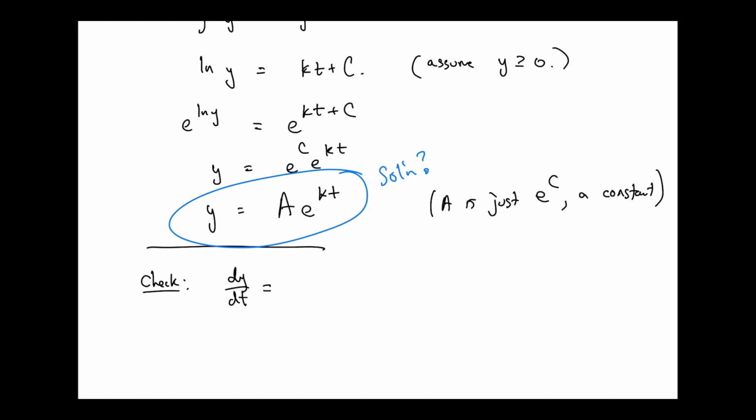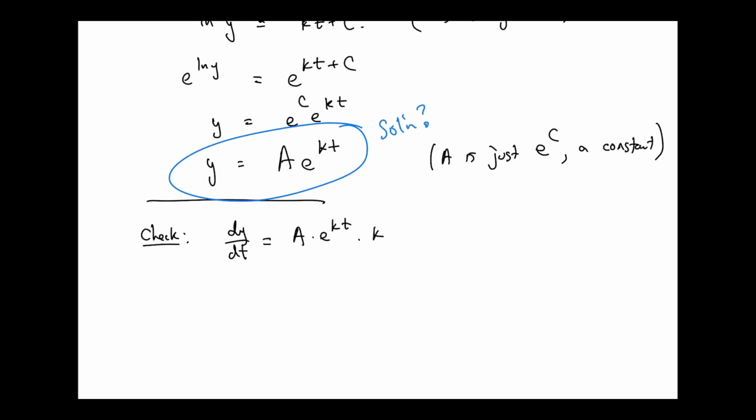What's the derivative of a constant times e to the kt? The constant times e to the kt times k, because of the chain rule. Okay? All right, our differential equation